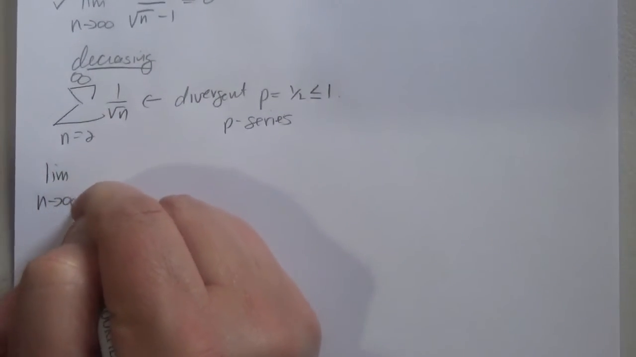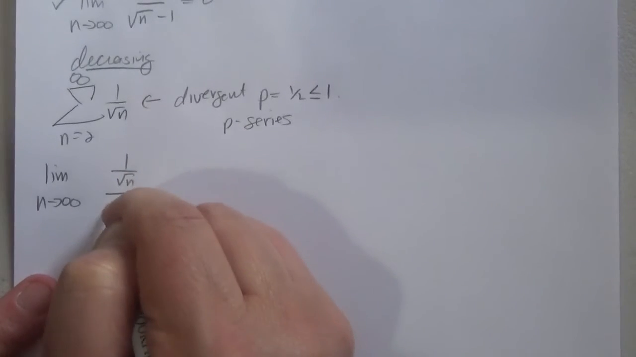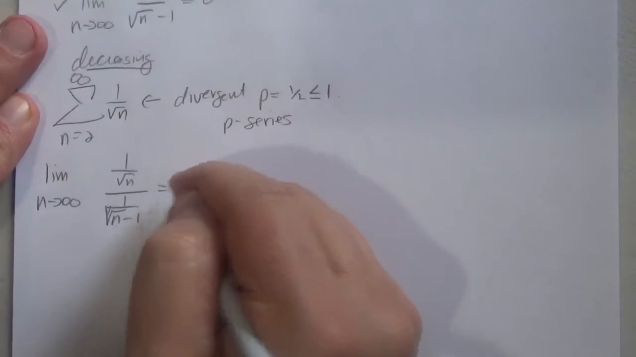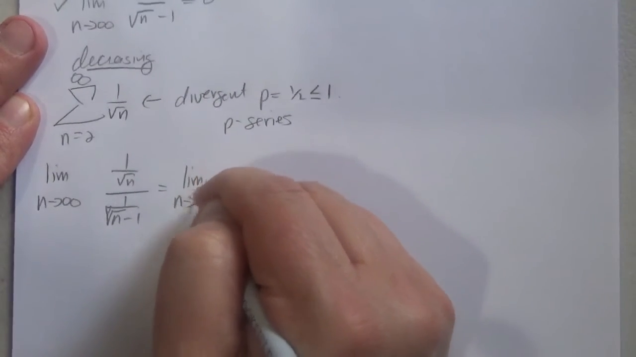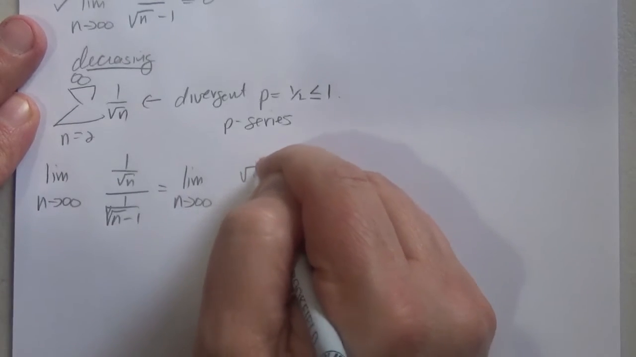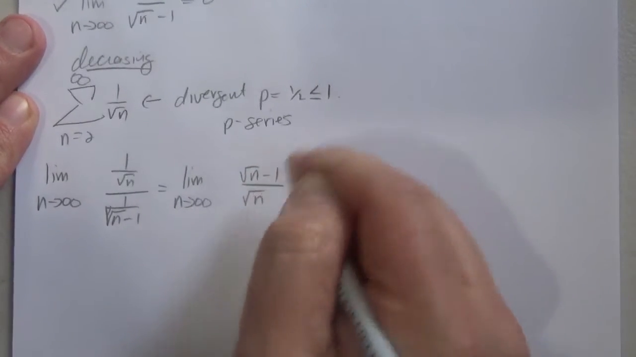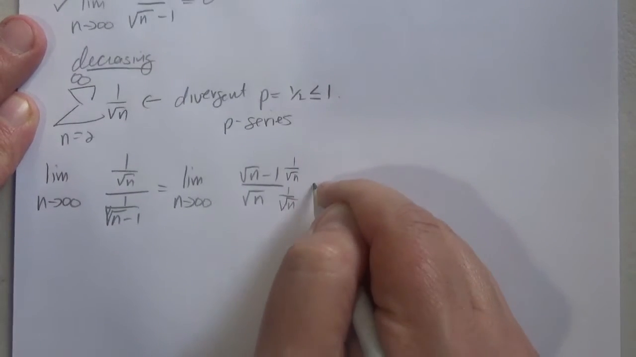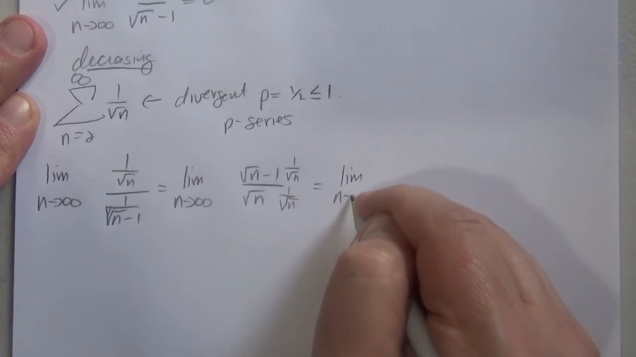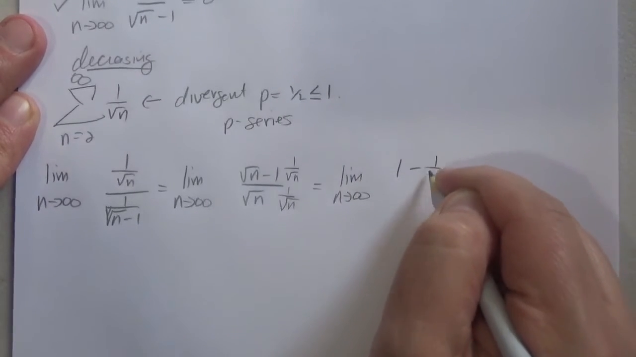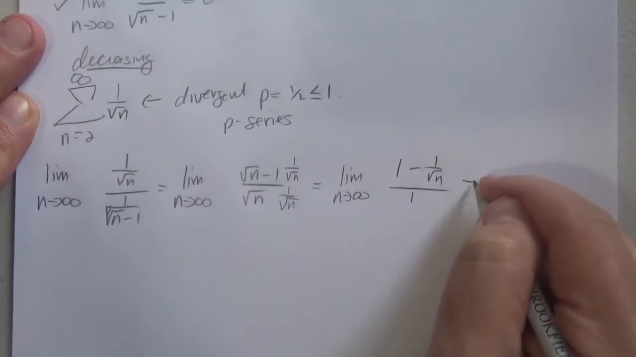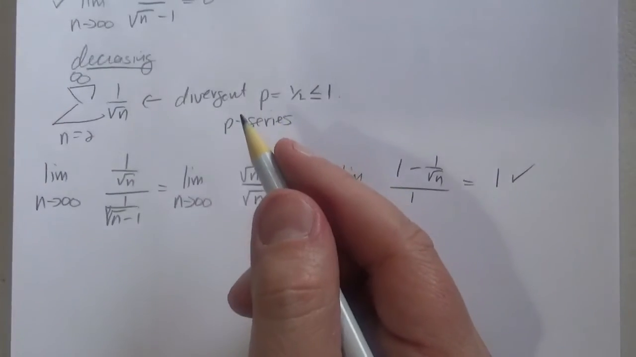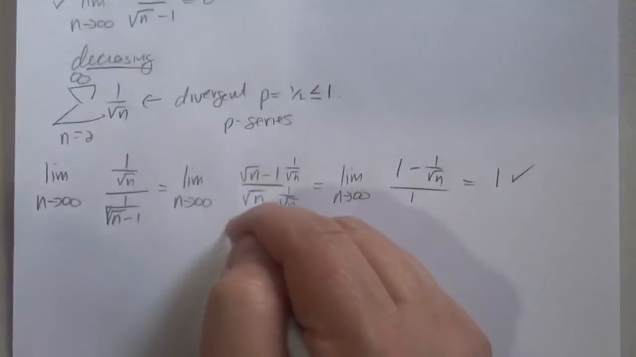The limit as n goes to infinity of 1 over radical n minus 1, divided by 1 over radical n. I flip and multiply. I get radical n over radical n minus 1. Multiply top and bottom by 1 over radical n. I get the limit as n approaches infinity of 1 over 1 minus 1 over radical n, which is equal to 1. So therefore, this is compared to a divergent p series, where p is equal to half. So therefore, by limit comparison test,